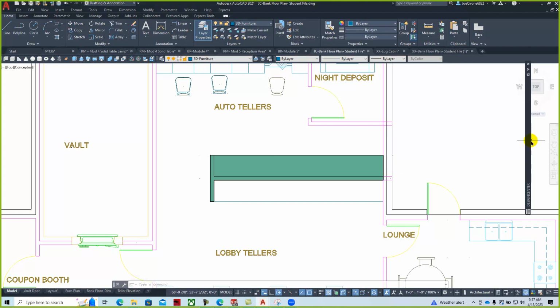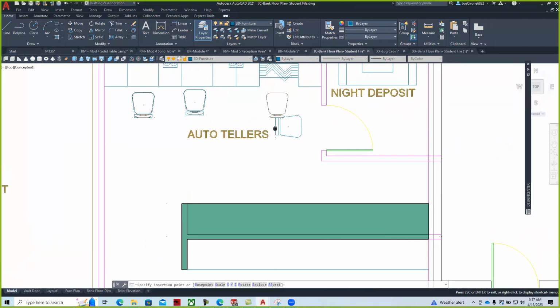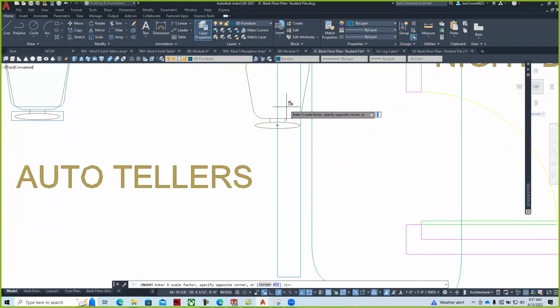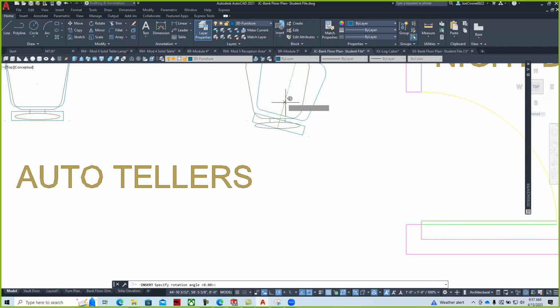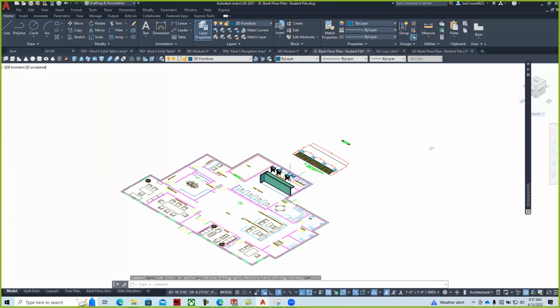And so we can go here and we can get another chair if we want, bring that into the drawing, locate it where we wanted our 2D, take the same scale, bring that like that. And so we have nice placement. I might line these up a little bit. They're not quite perfect, but then grab an isometric view to take a look at how that model is